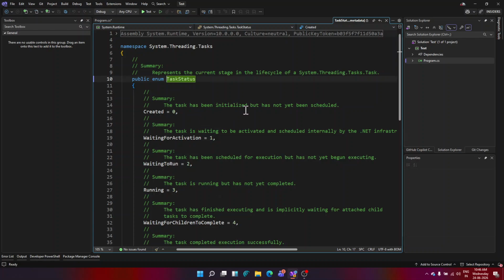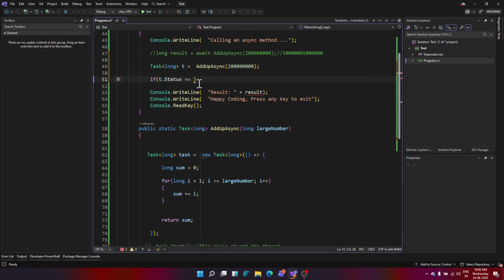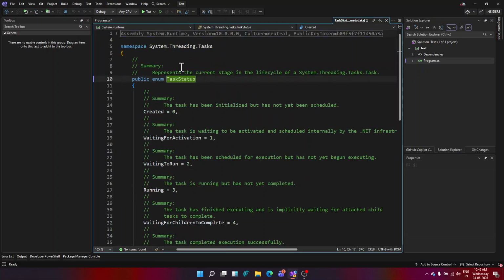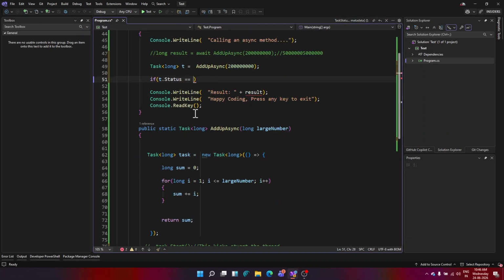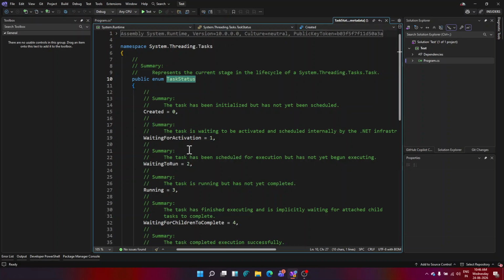The task has been initialized, but has not yet been scheduled. So now we should see if the task status has just been created. I'll compare it with Created. If it has been created, that is not still running, not started. If it had been running, it would be in the running stage.